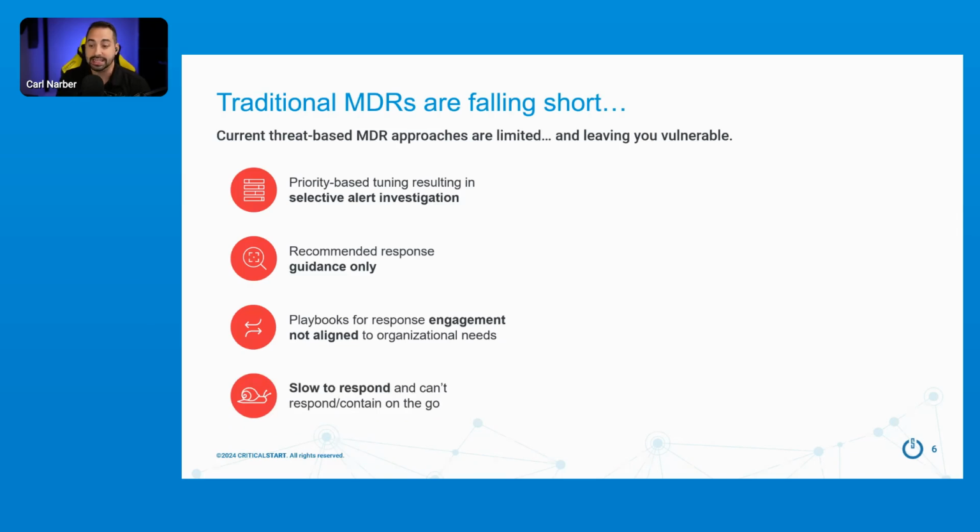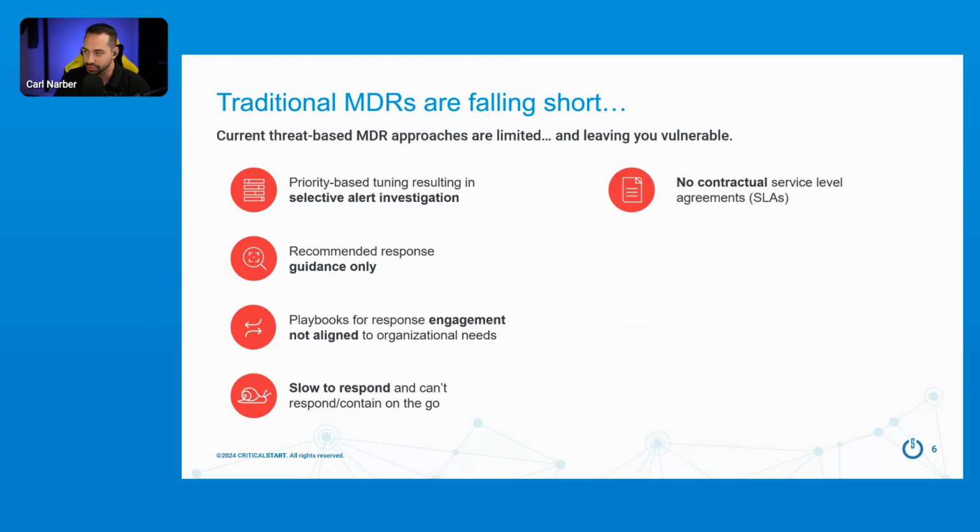Slow to respond or can't respond on the go. So we all work that 9 to 5. What about the other hours that you're not working? What about the weekend? Now, I'm not necessarily saying that you should be working those hours, but you should be able to respond fast enough to make sure that if something does happen, A, MDR can get a hold of you, and B, either MDR can take action fast for you, or we can provide that response and you can come back to us with a response quicker. Now, that's a key aspect there in terms of making sure that MDRs go towards that faster evolution stepping stone. We're gonna talk a little bit about that in a little bit.